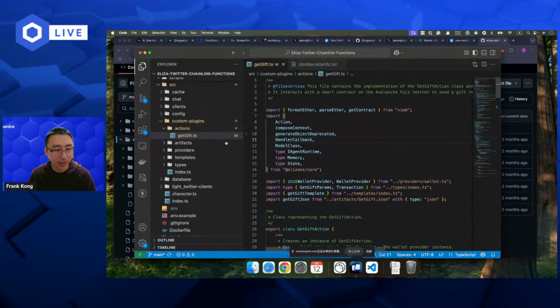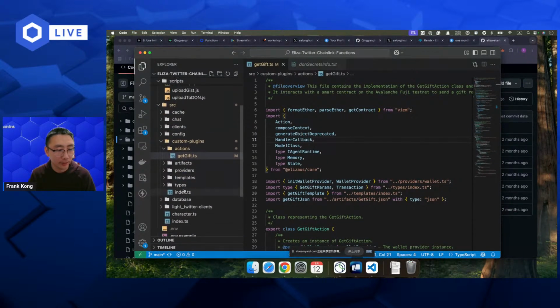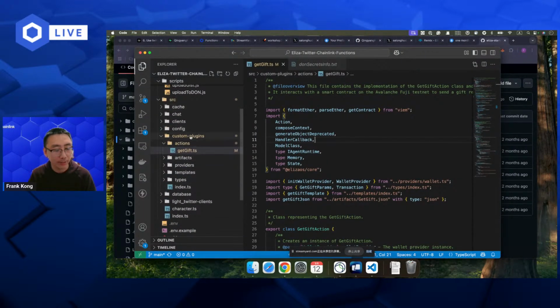If you check my repository under the source, except for that, you can create another folder called custom plugins, or you can name it whatever you want. And under the plugin folder, you need to have the actions, providers, templates, and the types. And you can just copy anything you like from the Eliza core repository and modify it after you copy.